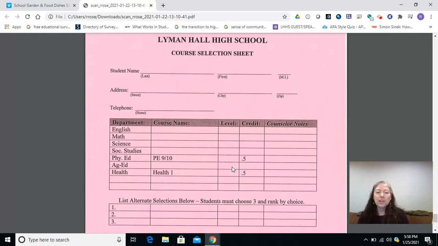So that's how you fill out all the info. And then where it says credit, at the very bottom of each course listing, it says in parentheses how many credits it's worth. So all of your agriculture classes are 1 credit, you'll put 1 in there. So again, if this part's confusing, join one of those Google Meets that are part of your letter, and we can go over things individually, because I know it's a little hard to get this part situated just from watching a video and not from actually interacting with anyone.